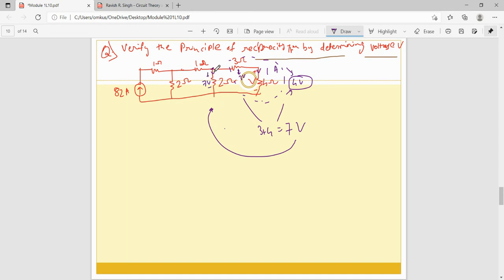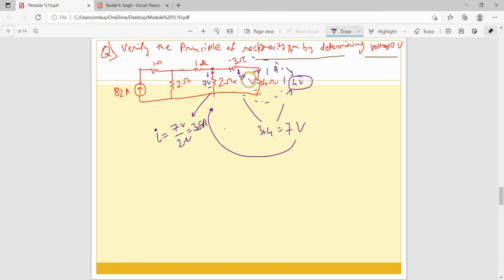So what is the current flowing through this branch? The current for the 2 ohm resistor. Okay, so this is the current, let it be I2. Let it just be I. Now what is the value of current? It's 7 divided by 2 ohm, right? Total voltage divided by resistance. So you are able to find this, which is equal to 3.5 ampere, right? 3.5 ampere.